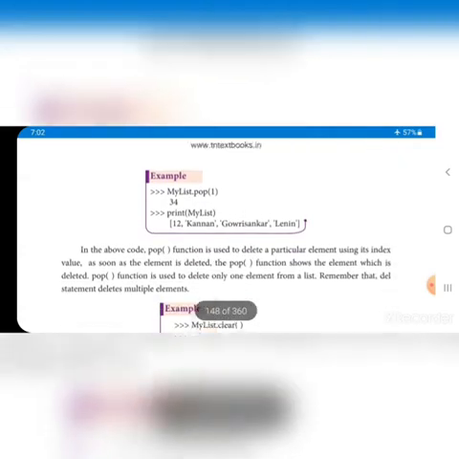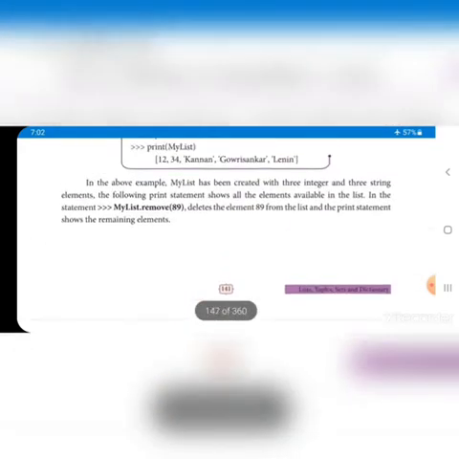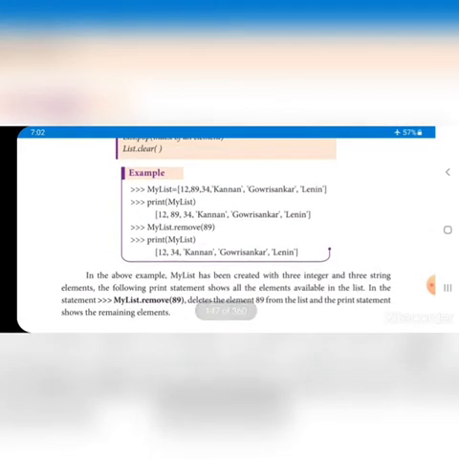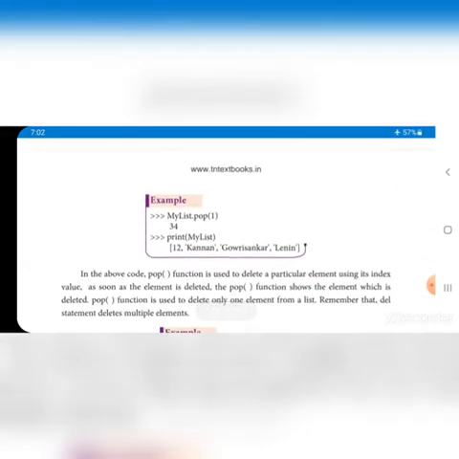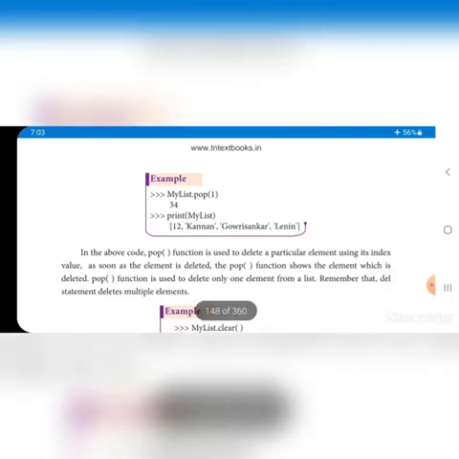And next, my list dot pop of 1. See, 12 is 0, and then 34 is 1, because 89 is already deleted, so 34 is popped. 34 and 89 both numbers are not there in the list after the deletion.